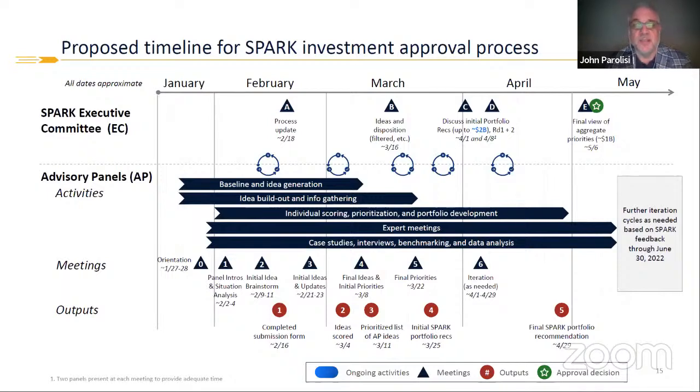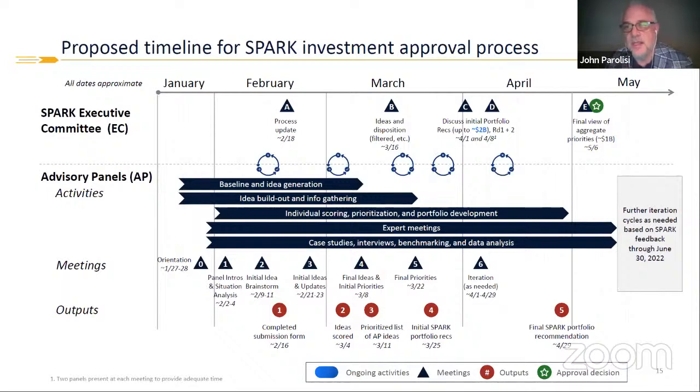So, maybe in some cases also packaging the ideas into a few themes could make sense. So it would be in late March that the advisory panel chairs, early April would be, if you go all the way up to the Spark Committee level on the diagram, presenting to the Spark Committee and talking through the portfolios that they came up with, with the potential to then iterate back down to answer any questions, working with the panels, with the goal that in May, preferably early May, we'll see if this ends up slipping,